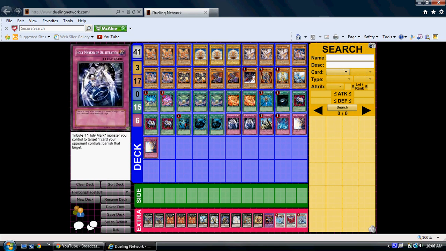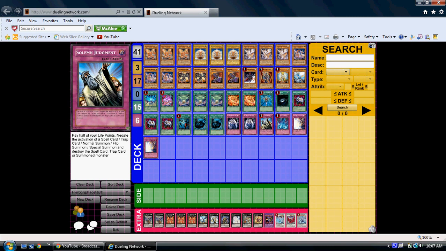It's one of the traps. It tributes one Holy Mark monster I control to target an opponent's card and banishes it. So it's actually very, very good, because it doesn't say destroy, it doesn't say send, it just straight up banishes it, and even though Levier is a strong card in the format right now, that just can shut down plays right in the middle. We got Solemn Judgment, Torrential Tribute,